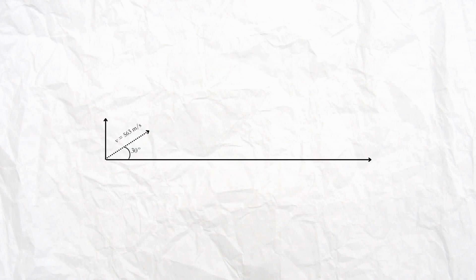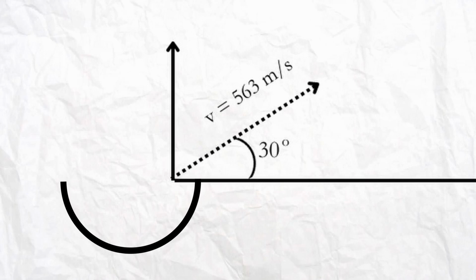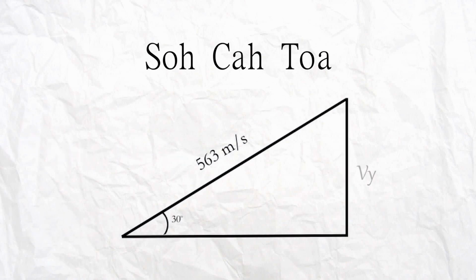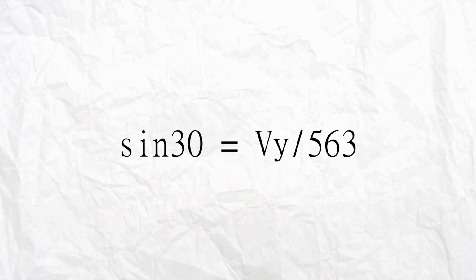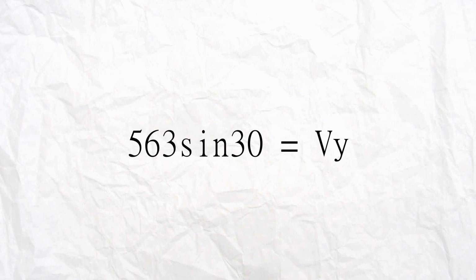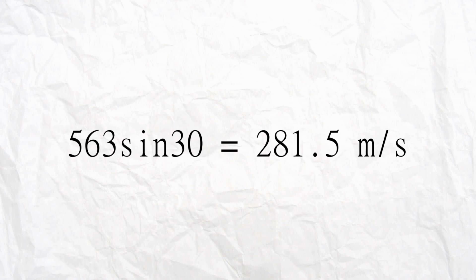First, let's find the time it took from when it was launched to when it hit the ground. We are going to disregard air resistance, and to make the problem a little easier, the howitzer will be in a hole, where the muzzle or firing point will be equal to 0, 0 on a coordinate plane. We need to first do some trig to find the magnitude of the vertical component. Knowing that 563 meters per second is the hypotenuse, and the vertical component is the opposite of the 30 degrees angle, then we can use sine. You will need to multiply the hypotenuse with sine of 30 to get 281.5 meters per second for the magnitude